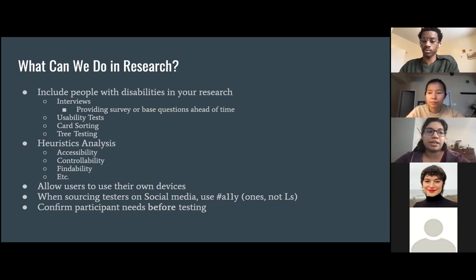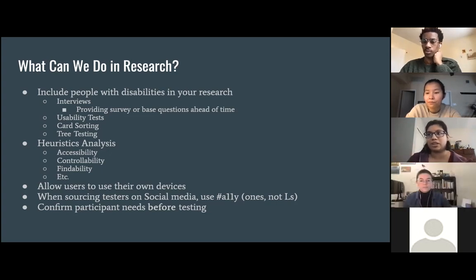It may be that they need to download something on their own phone or on their own device. So if we have, let's see, Adobe XD and Figma, and I think Axure, a couple of the design programs, design softwares have an external piece of software that allows you to download and interact with a prototype. And so it may be that we have to send information like that in advance so that people can have it on their own device,